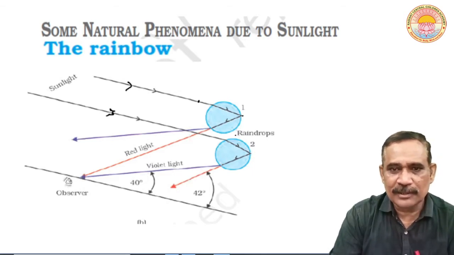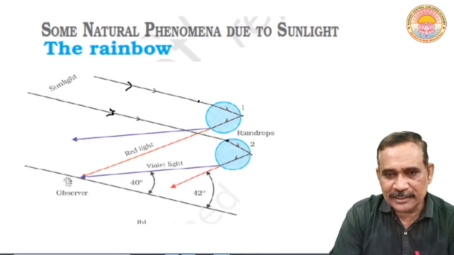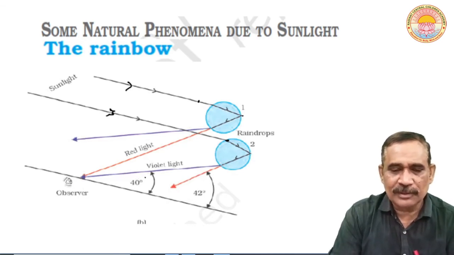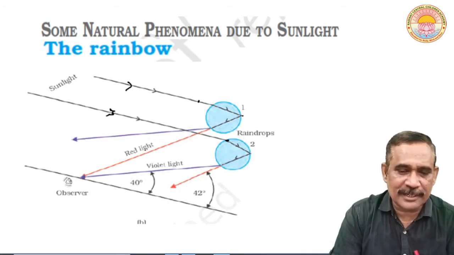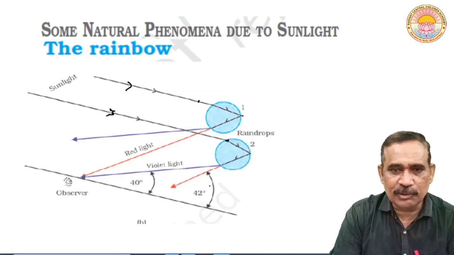Now the second, this is the second water drop. Light is incident on the second water drop. This is the first refraction, and then it is incident at this point, and after this point it reflects. So this is the reflection process, and again it refracts from this medium, water drop, to air, that is the refraction process. In the primary rainbow, at the inner edge violet light is formed and at the outer edge red light is formed, which make 40 degree and 42 degree with the observer.